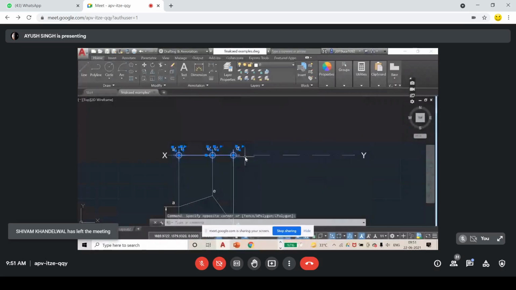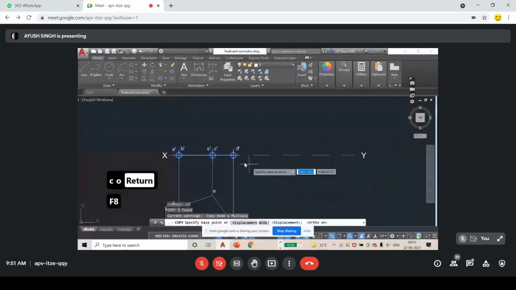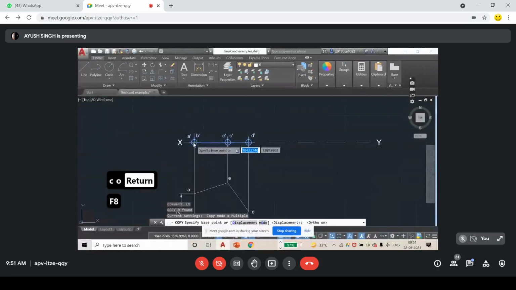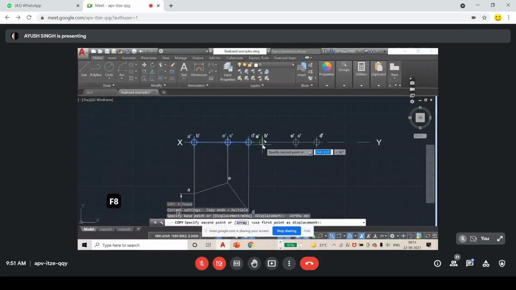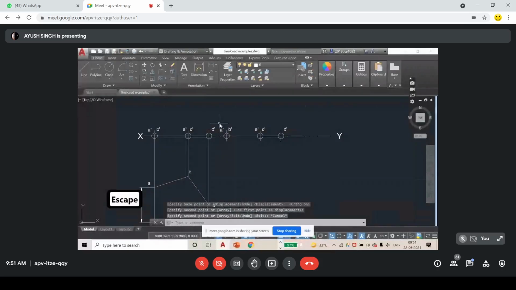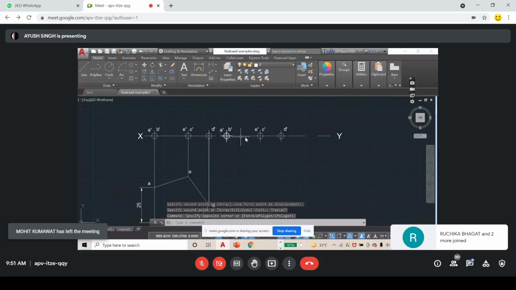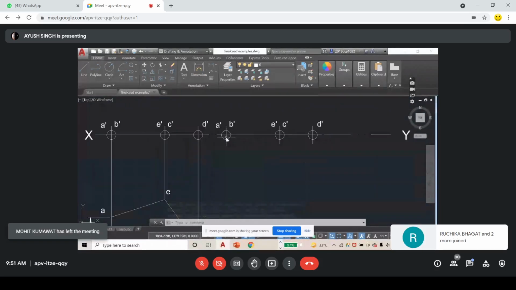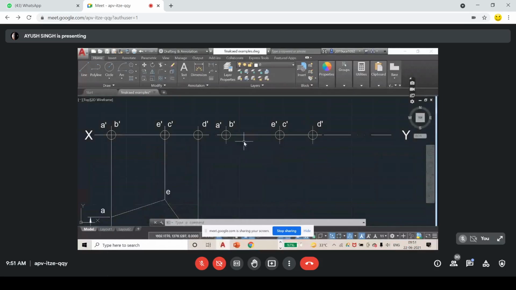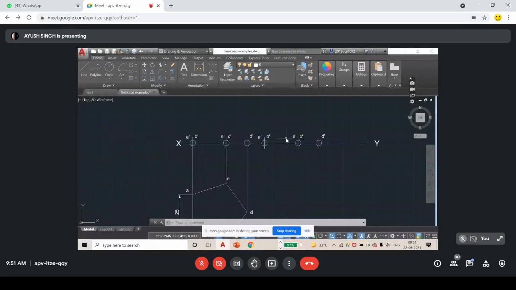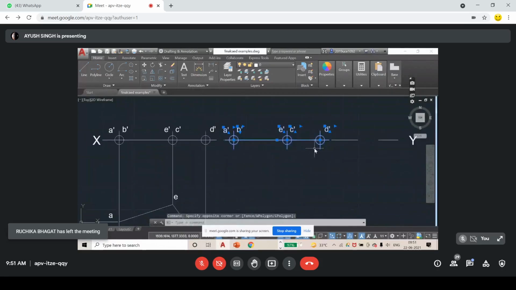CO, and turn on the ortho mode. Okay, and place it a bit here. Now I am going to rotate it. You see, I have taken the points without taking the lines. That's why I do the points. Otherwise, I had to mark the arcs, which is quite not good. That's why I have taken the points. So this is a trick you can remember.